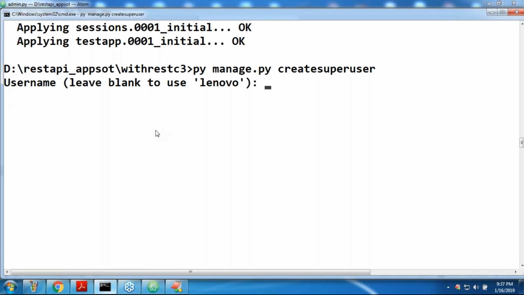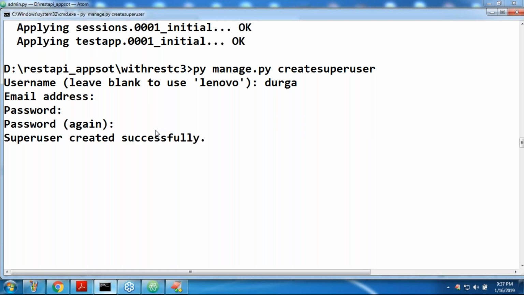Maybe Priyanka, it is part of the application that the SQL code may be available inside the REST framework tables only. Okay, that's fine, we may not see it exactly. Sir, here username Durga, password Durga123, like this I took.